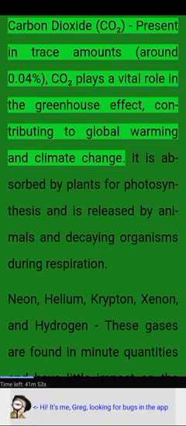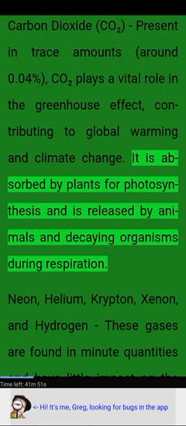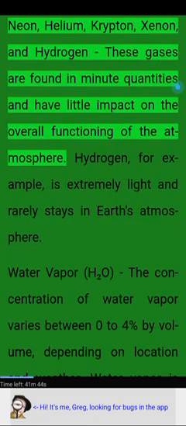Carbon dioxide, CO2, is present in trace amounts, around 0.04%. CO2 plays a vital role in the greenhouse effect, contributing to global warming and climate change. It is absorbed by plants for photosynthesis and is released by animals and decaying organisms during respiration. Neon, helium, krypton, xenon, and hydrogen: these gases are found in minute quantities and have little impact on the overall